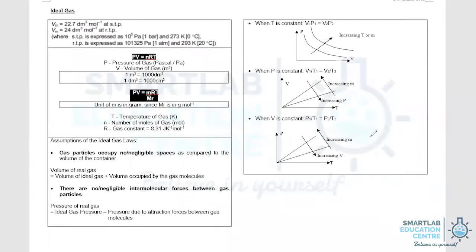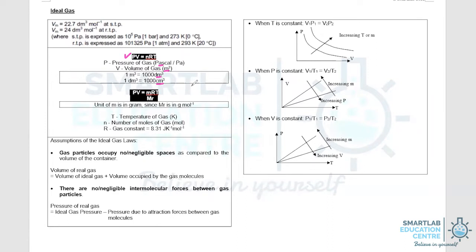Ideal gas. In ideal gas, there are two formulae that you need to know for your calculations. The first one is PV equal to nRT. Bear in mind that P must be in Pascal, V is in meter cube, and normally in chemistry, they tend to use cm cube and dm cube. To convert dm cube to meter cube, you have to divide by 1,000. If you want to convert cm cube to meter cube, you have to divide by 10 to the power 6